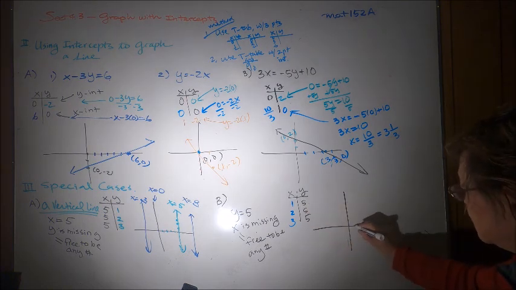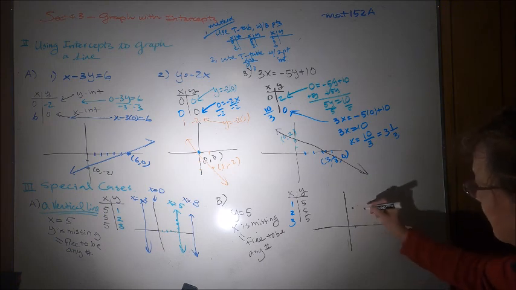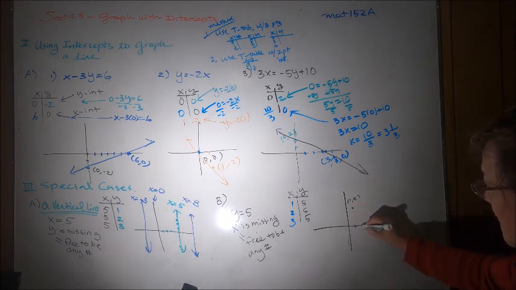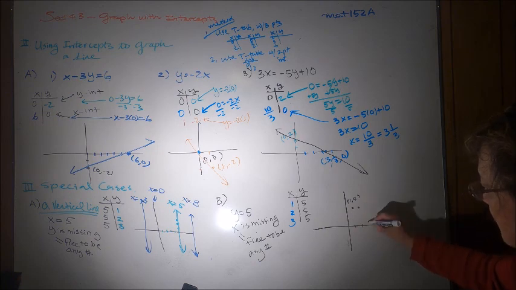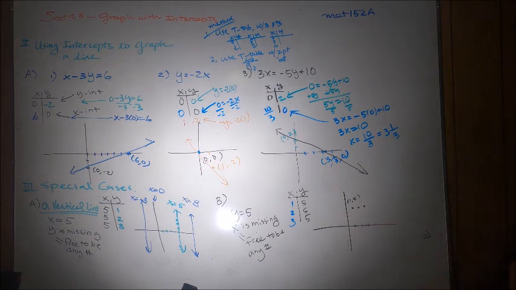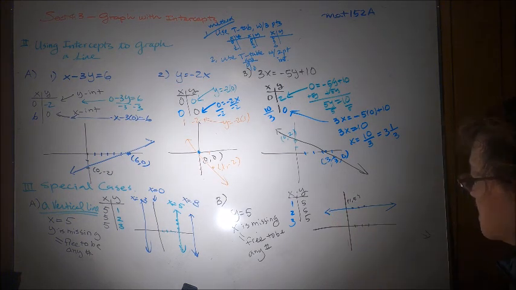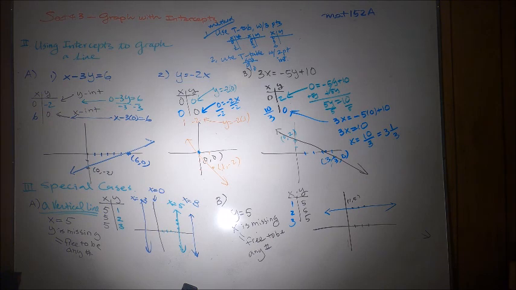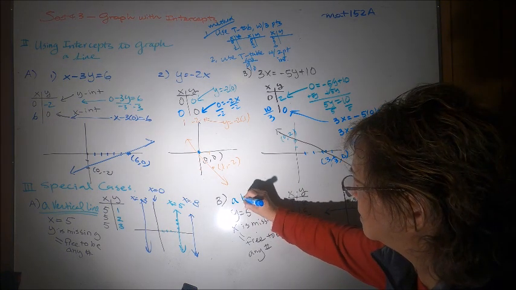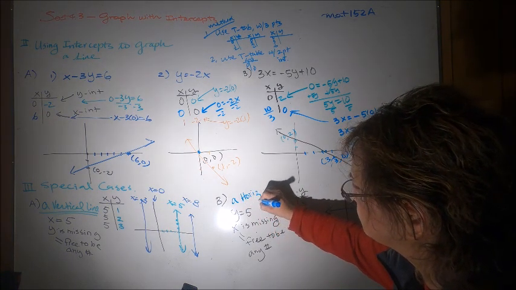So x is 1, y is what? 5. X is 2, y is 5. X is 3, y is 5. Is that right? So you connect all those points, it would be what? A horizontal line,